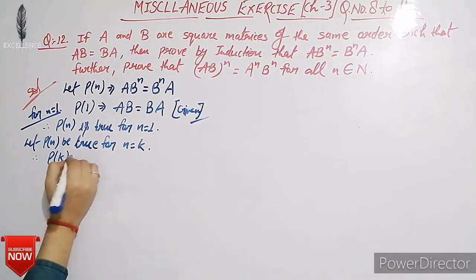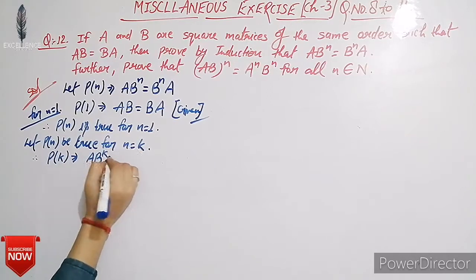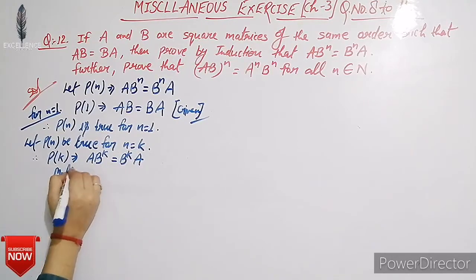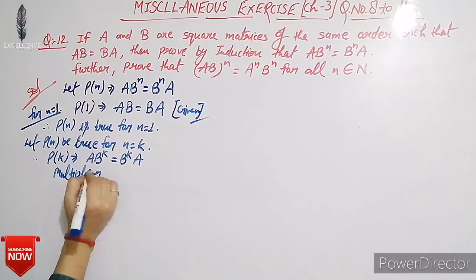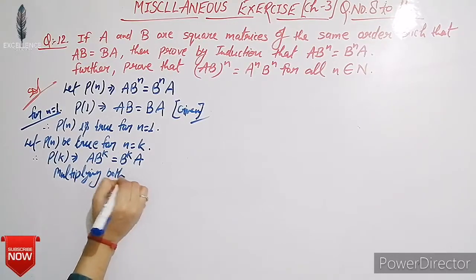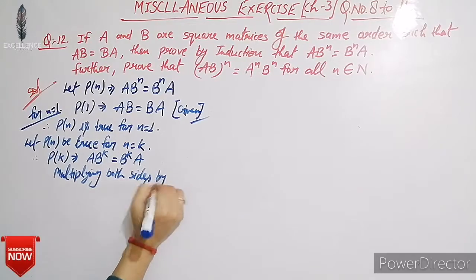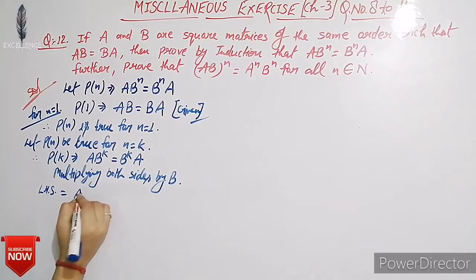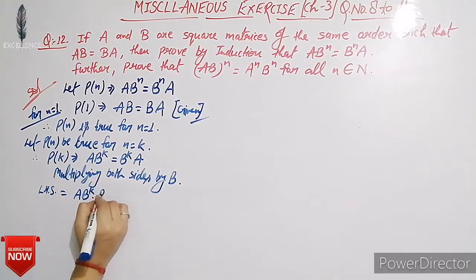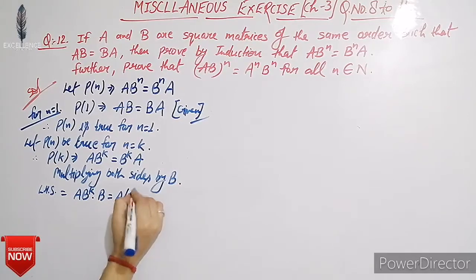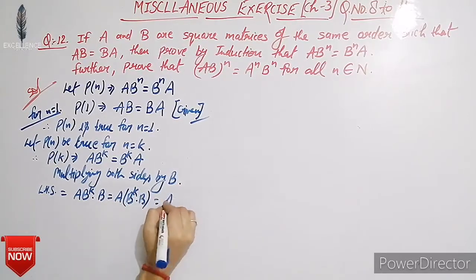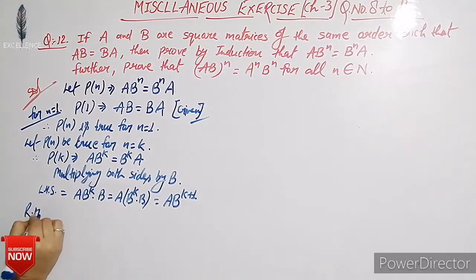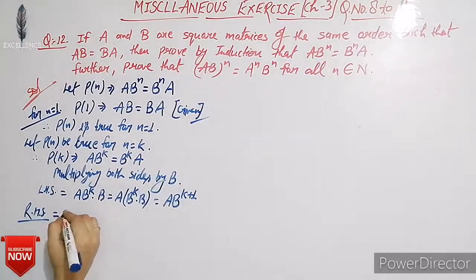P of k is A B raised to k equals B raised to k A. Now multiplying both sides by B for the k plus 1 form, the LHS becomes A B raised to k into B, that is equal to A in bracket B raised to k into B, that is equal to A into B raised to k plus 1. And the RHS becomes B raised to k